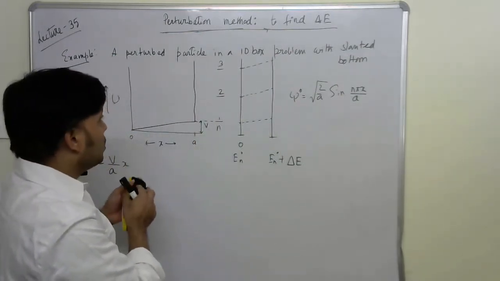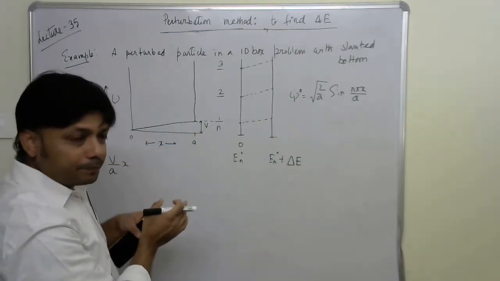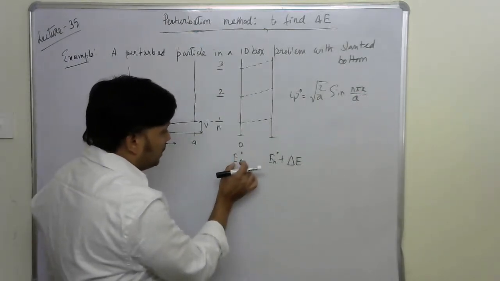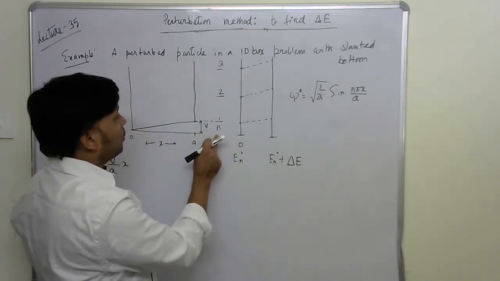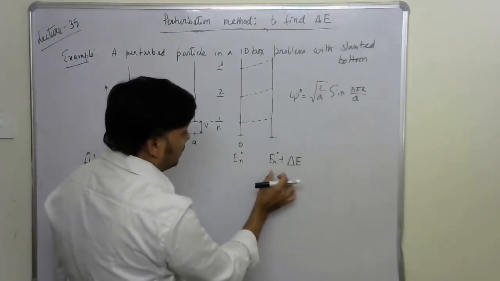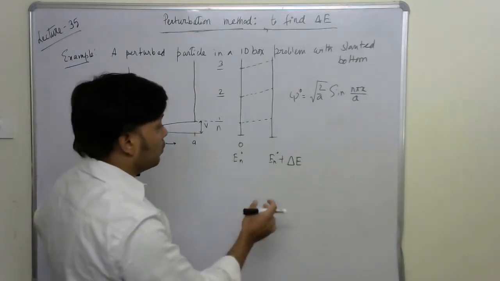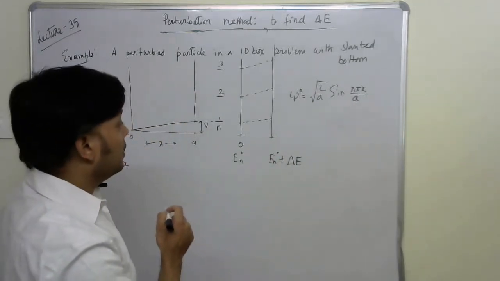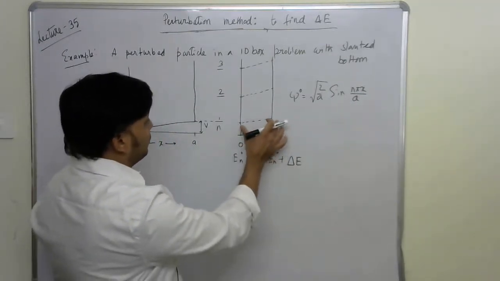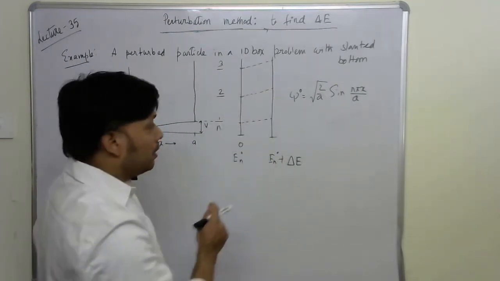We call this a problem of a slanted bottom. At one end it has the energy En naught. N stands for the quantum number, so these are the levels 1, 2, 3. And at the other end of the wall, there is some energy greater than En naught. We call that the delta E. So you have to find out the delta E. If it is so, then we can graphically represent that the energy levels are somewhat slanted, because of that additional